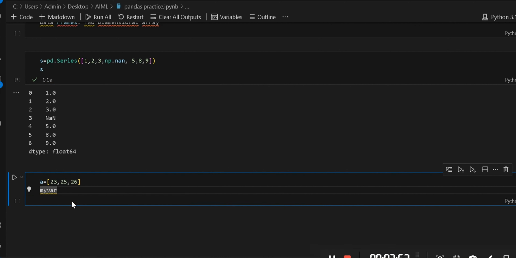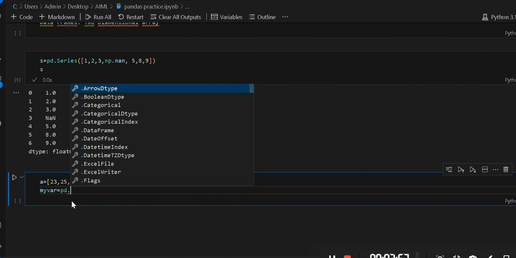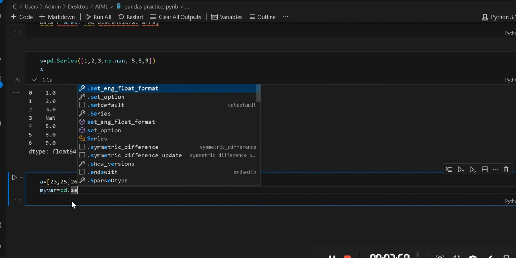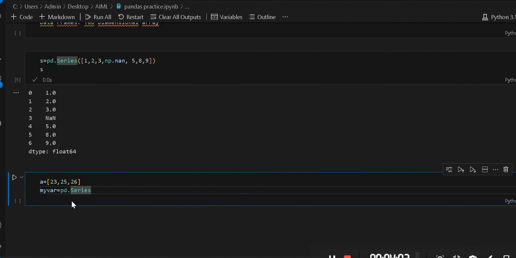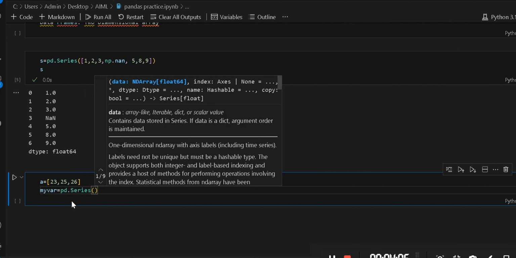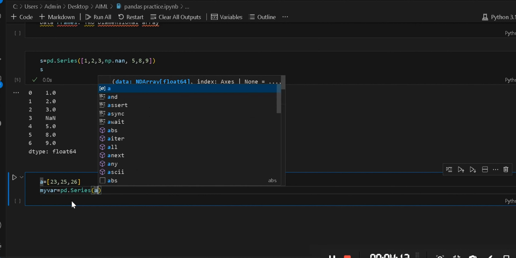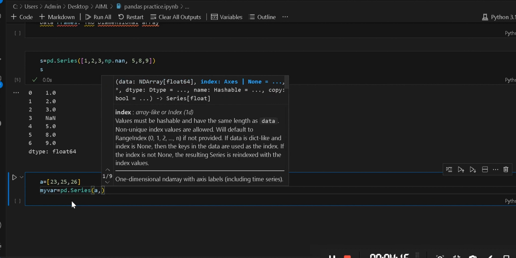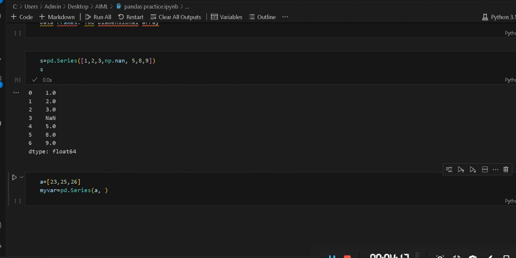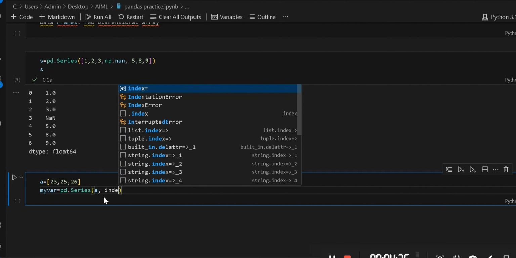I'm going to give it the name my variable, then pd.Series, parentheses, then we will enter the variable a over here, comma, now we will enter the index. Index is equal to